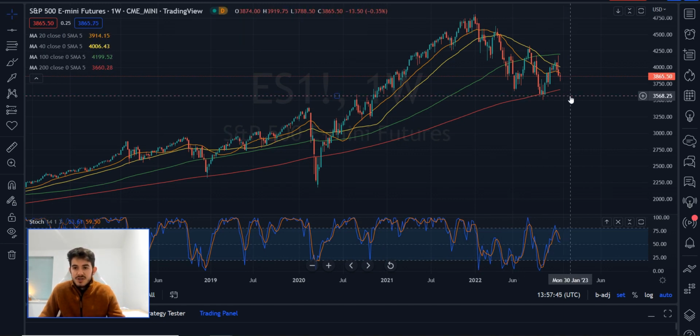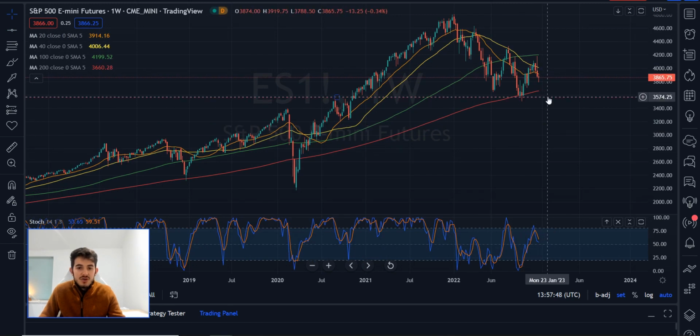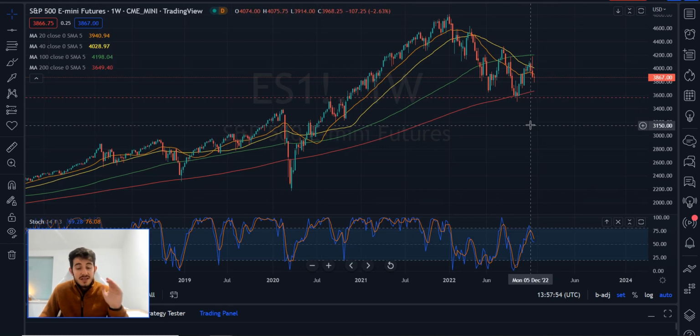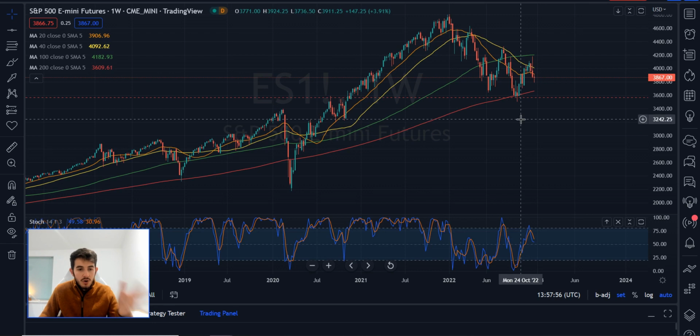Okay, I should think we'll get a light bounce here, and I would only trade it lightly long because we've hit it once already, and that level's going to start to degrade. Okay, some traders will disagree with that. Some traders think, okay, the more I hit it, the more likely it is.